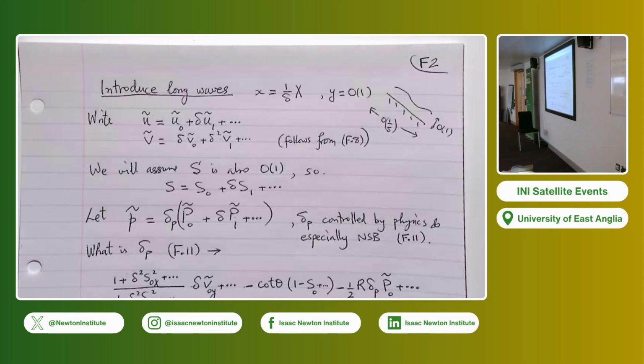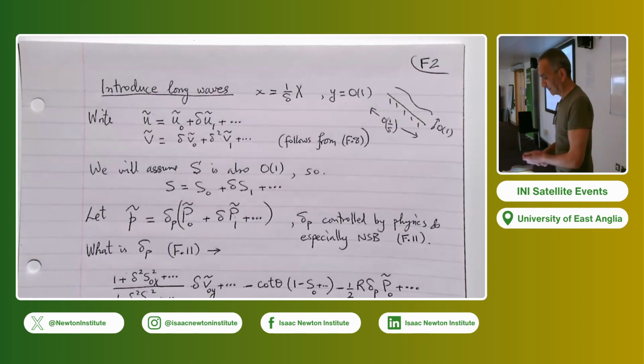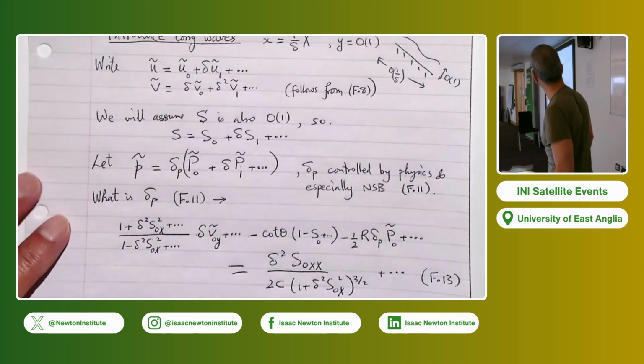So necessarily this has to be of order delta. Otherwise I won't get the balance there. I'll just get Vy 0, therefore V 0, it's all trivial, right? So I need to start my expansion for V with delta. Okay, so once I do that,